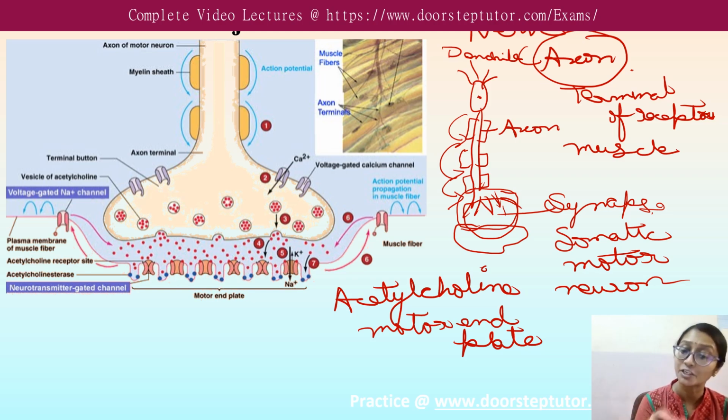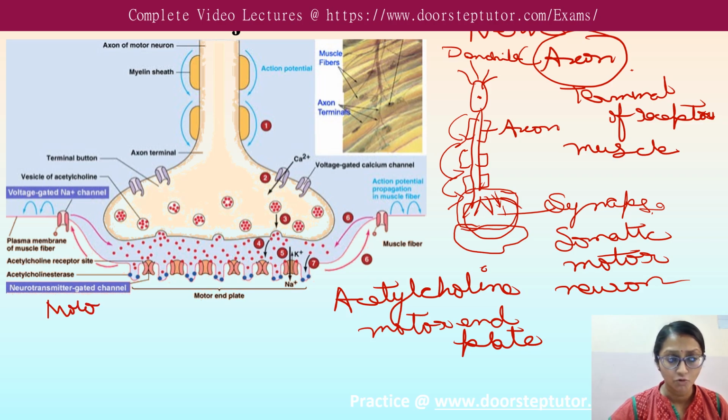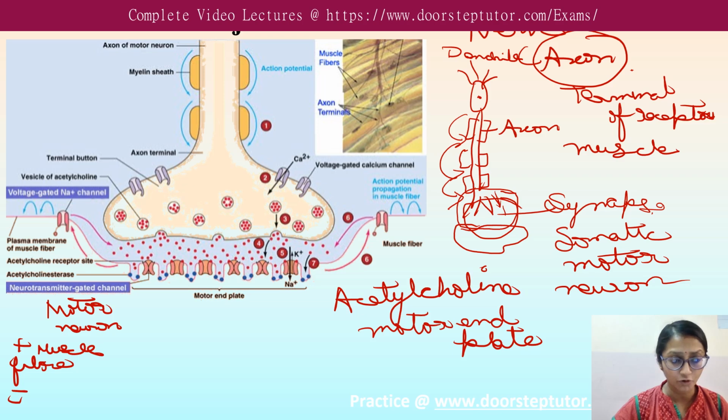Let's understand how the acetylcholine is released and how it creates the voltage, or action potential. Motor neuron plus muscle fiber is equal to a motor unit. How it works, let's understand. As soon as the impulse has reached, some kind of stimulation, mechanical, thermal, it